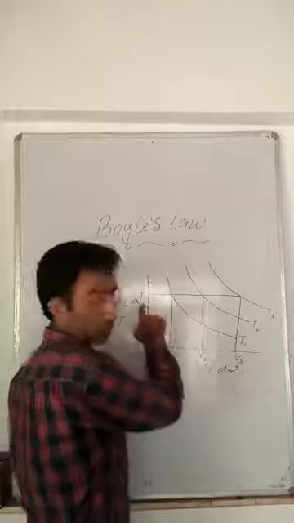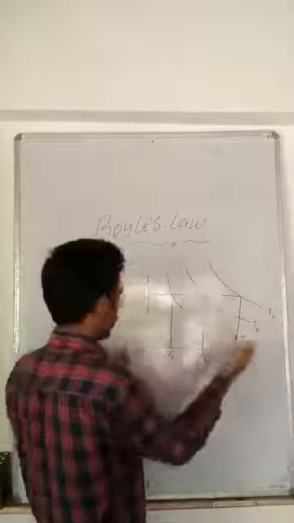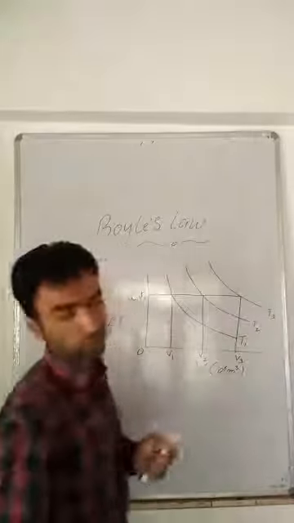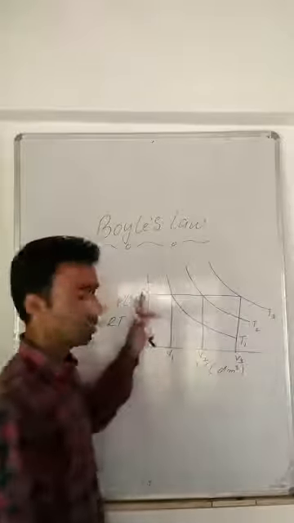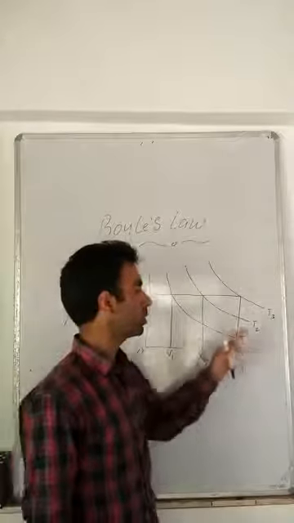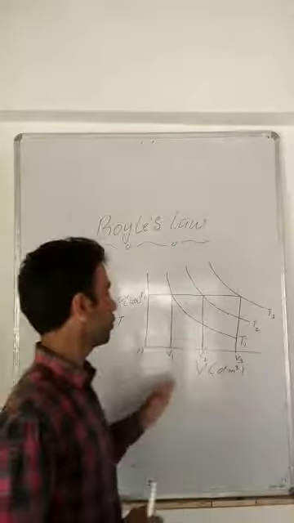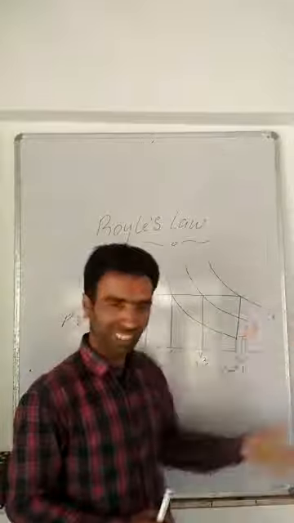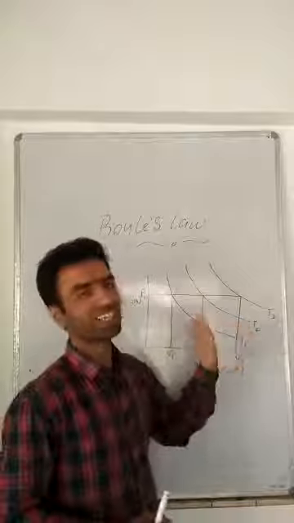And likewise, keeping the pressure the same, that is P1, I am changing the temperature. Let us suppose that is T3, and I am getting a volume V3. Now I have to see, keeping pressure fixed and changing the temperature from T1 to T2 to T3, I am having a corresponding increase in the volumes from V1 to V2 to V3. Now I have to see whether T1 is equal to T2 is equal to T3, or T1 greater than T2 greater than T3, or T1 lesser than T2 lesser than T3.